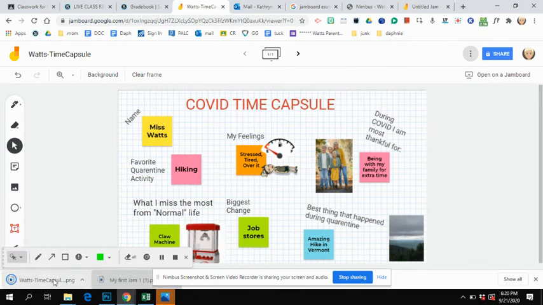It will download to your Chromebook, and you are going to post this image to the discussion board called COVID Time Capsule. So you'll go into Schoology and you'll file post just like we've been doing for all the others. This time you won't need a screenshot. You will just post the file that you saved of your last name time capsule image. Okay. And then, of course, you need to do today's